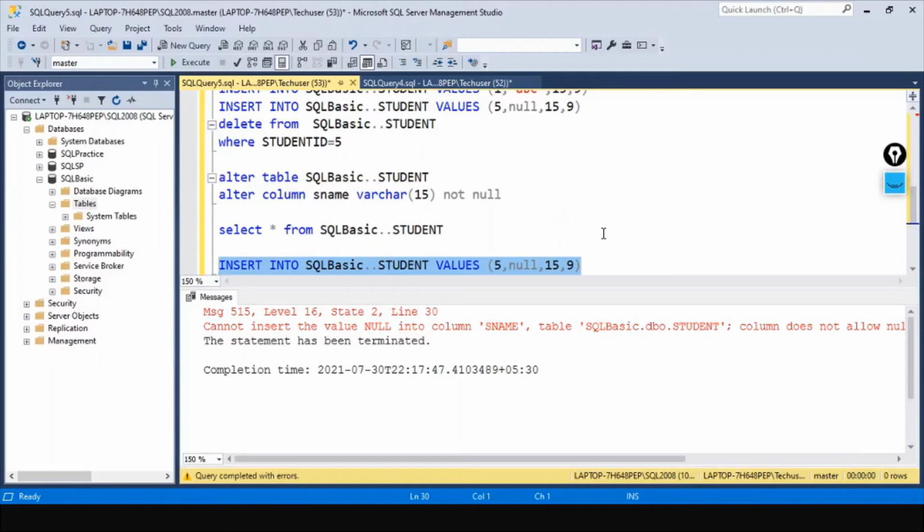So it is trying to preserve the correctness of the data, as without this constraint, we were having null values inside the name column, which was not correct. Now, with the help of this constraint, it will not allow us to enter a null value for the name column. So let's refresh this.